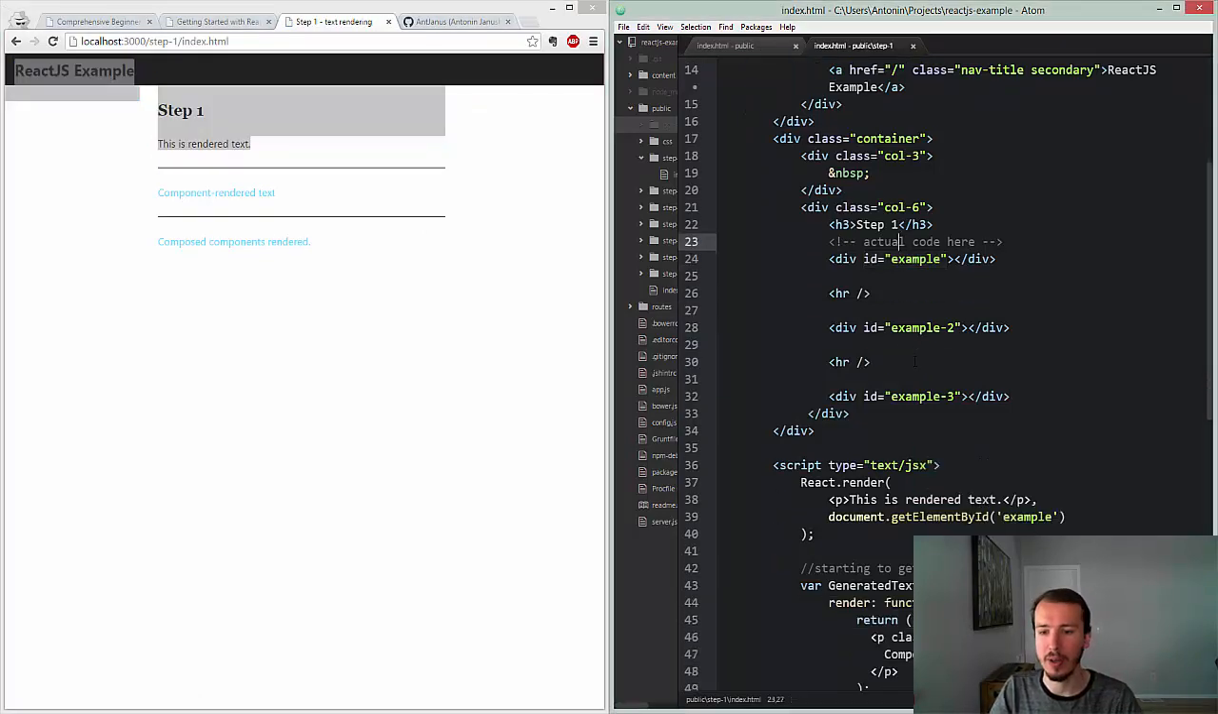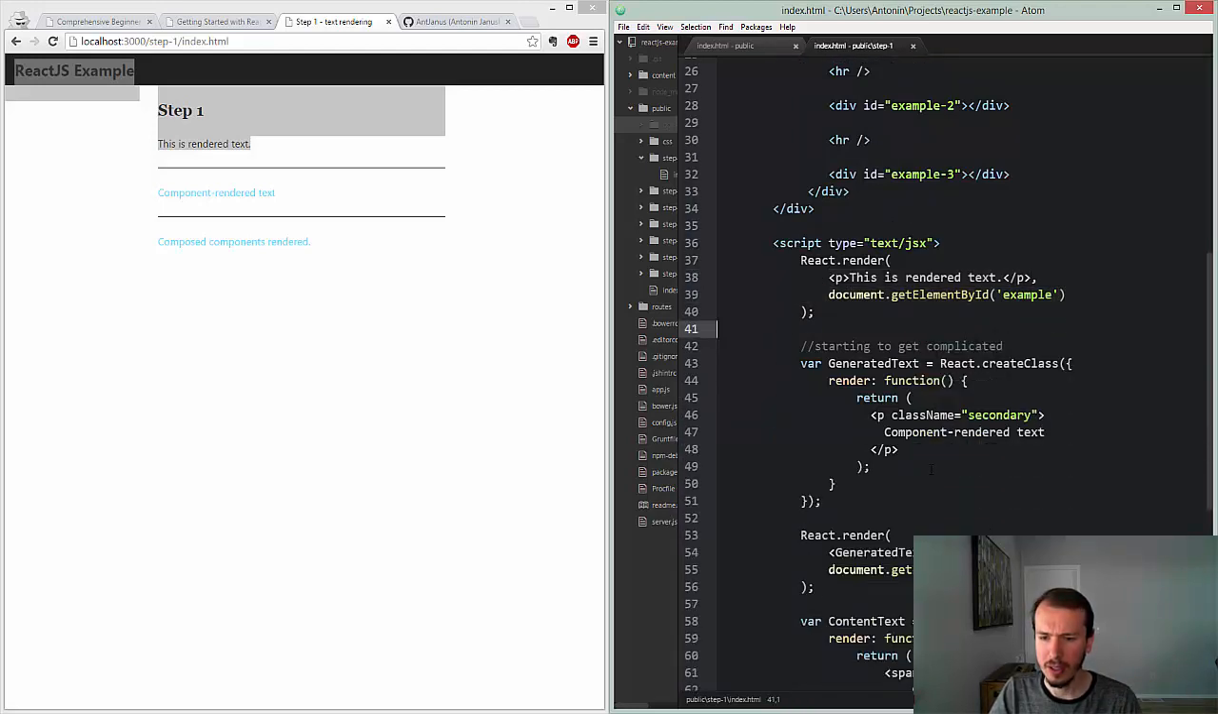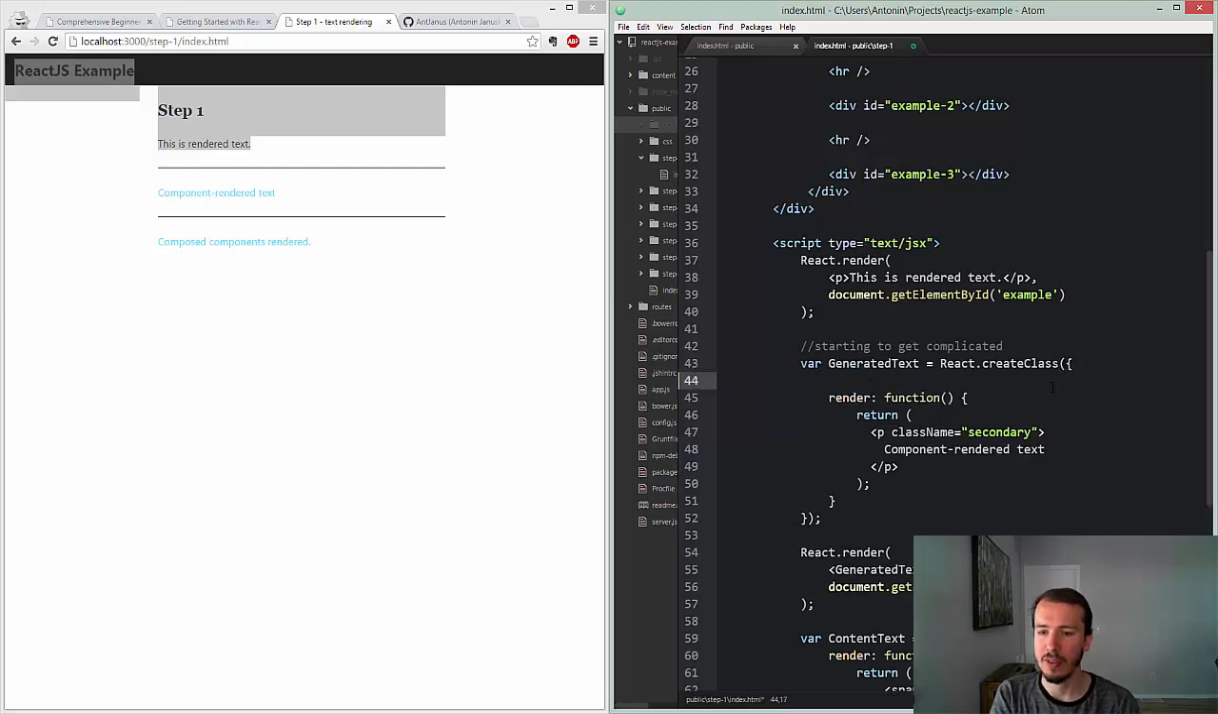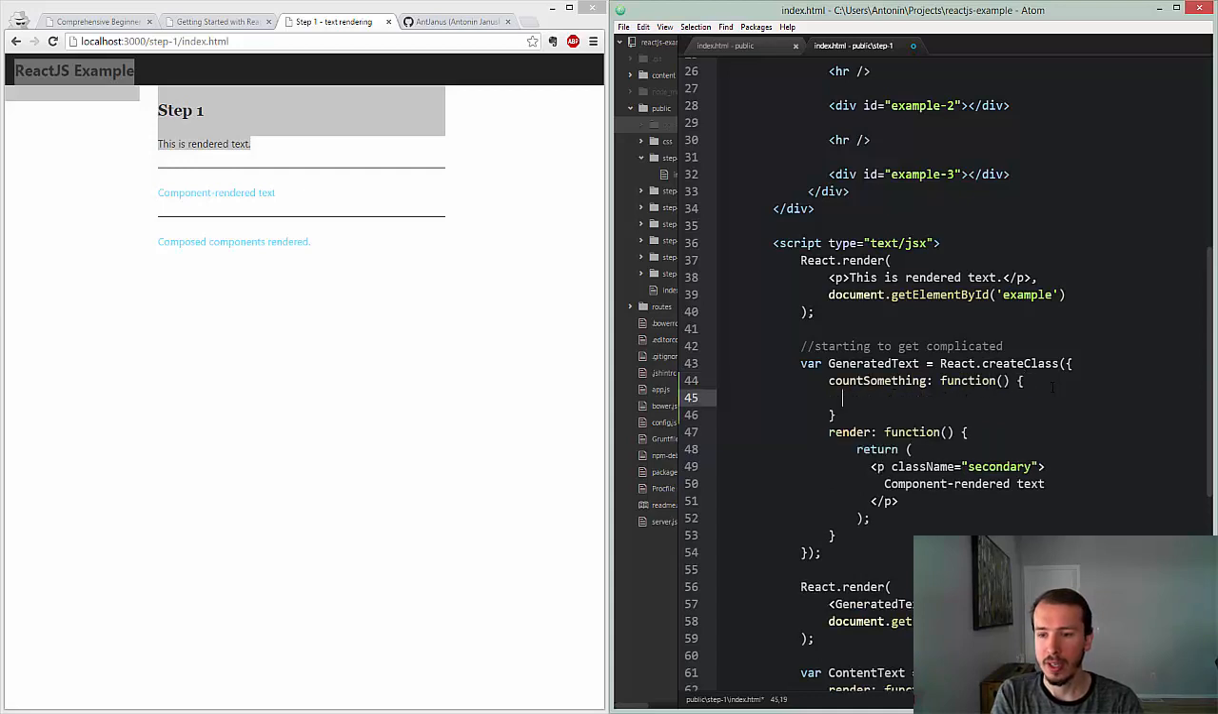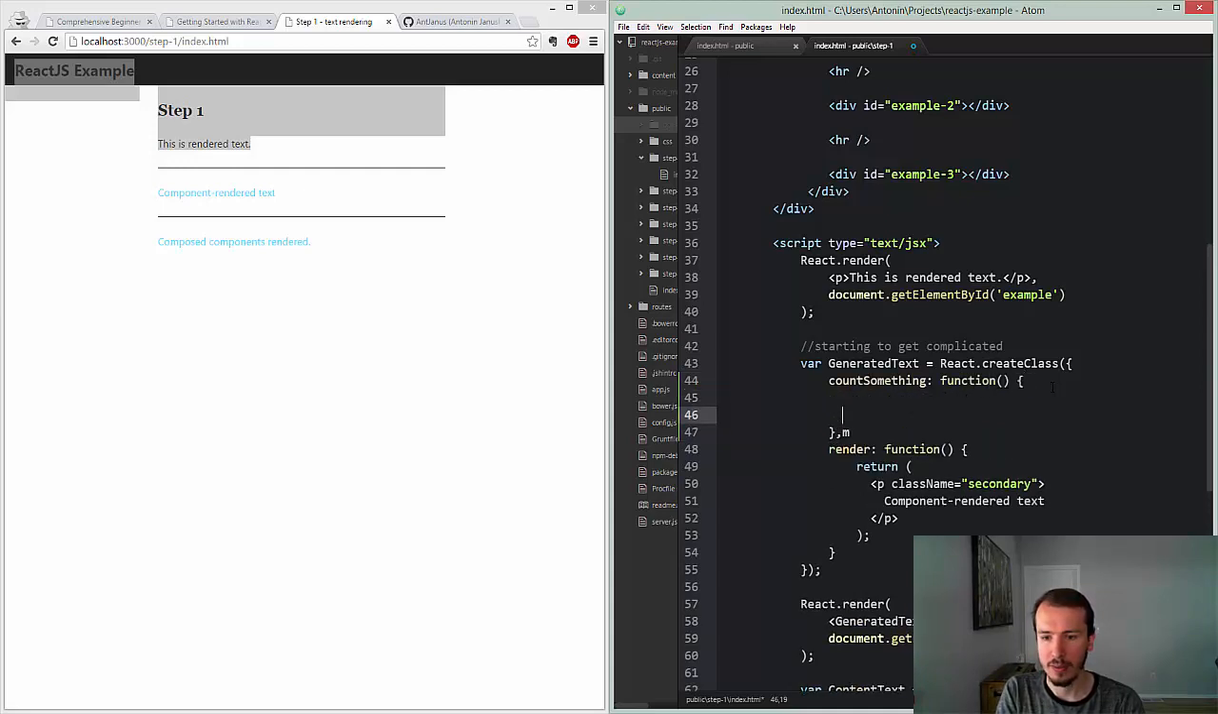You just basically do React.render, whatever component you want, or JSX or whatever, and then you select where you want to mount that app. Let's get to more complicated stuff. We're going to create a React component. So you do React.createClass, and createClass takes an object that lets you create all kinds of different methods inside that are accessible. So you can do, you know, count something. It's just plain JS, right? Like here. The only difference is that